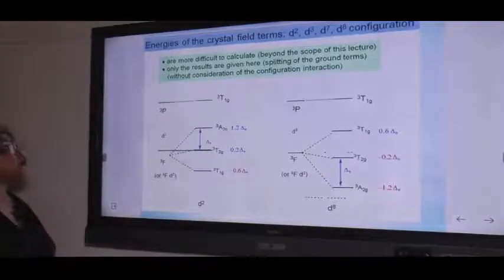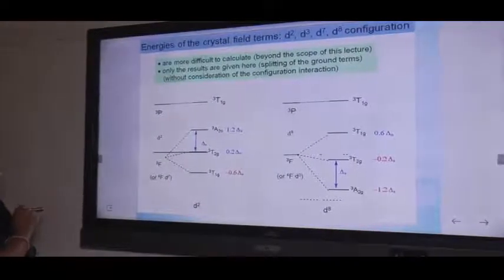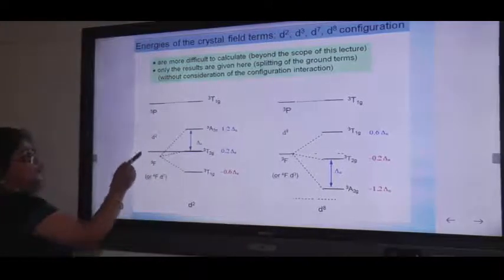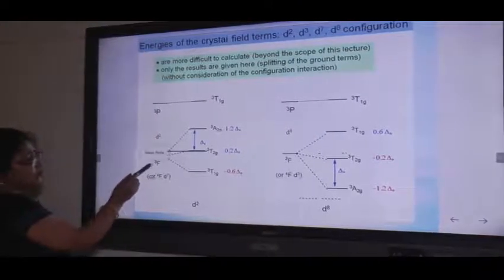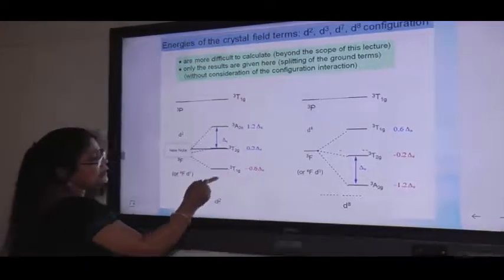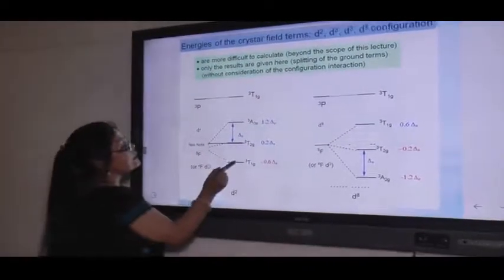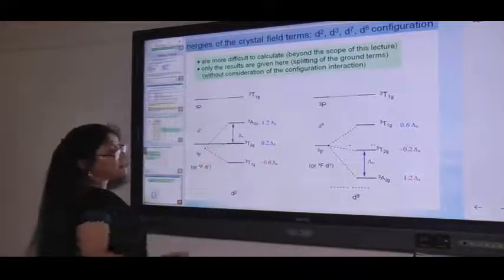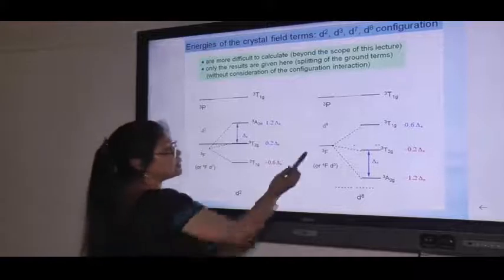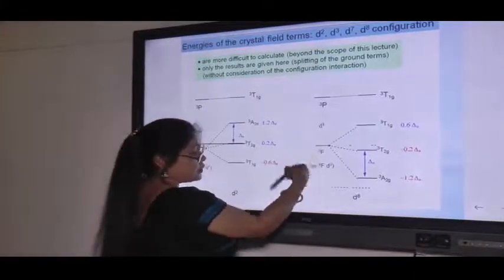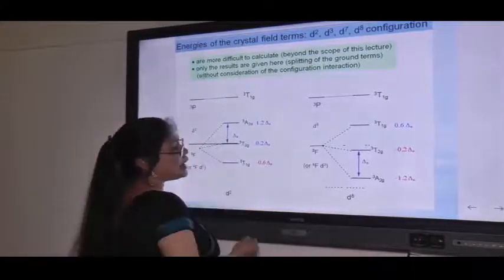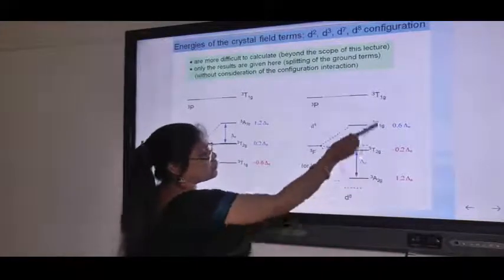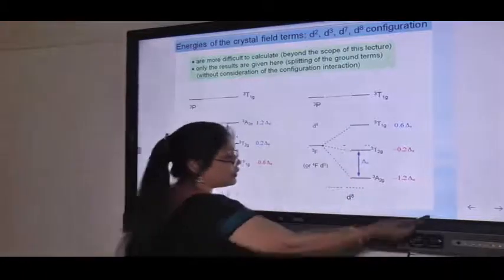The 3P orbitals which are degenerate in the ground state undergo no splitting, but d2 with ground state term 3F undergoes splitting into 3 states. So, we can see there can be 2 types of transition, from here to there and from here to there, giving you 2 spectral lines. For d8 we have the reverse of the situation we had in d2. So in d8 with 3F as the ground state, we have this reverse Orgel diagram.